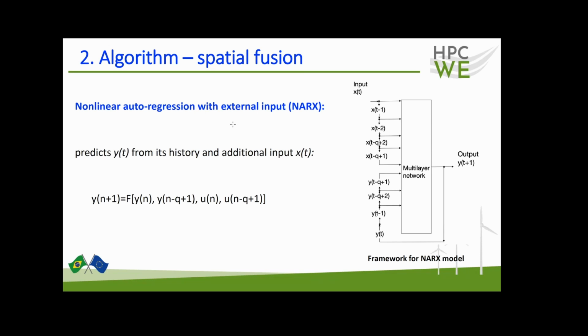Our second algorithm defines the spatial fusion, which includes a neural network that predicts points in a series yt from past points and additional input xt to predict yt plus 1, a point which is a step ahead in time. Here, yt represents the high fidelity data, while xt is the low fidelity data. We see the nonlinear function for predictions along with the framework for the NARX model, showing the training data and